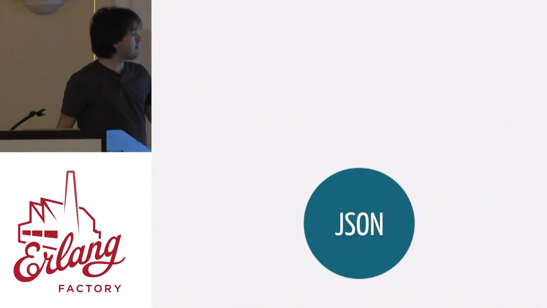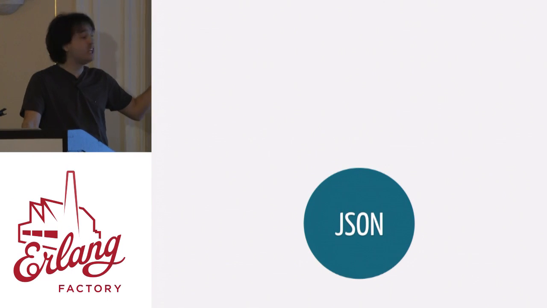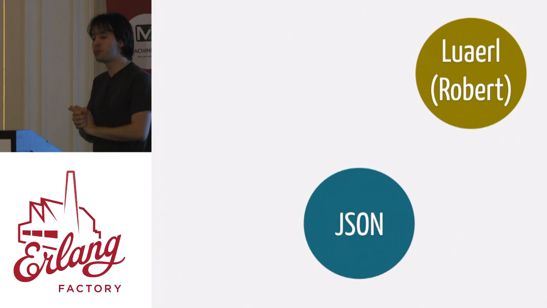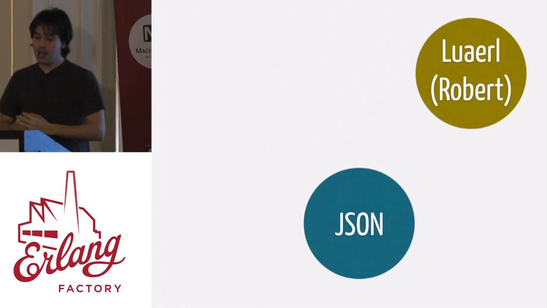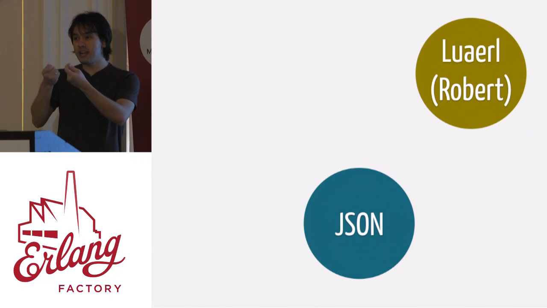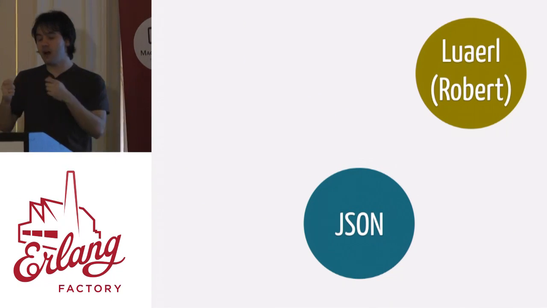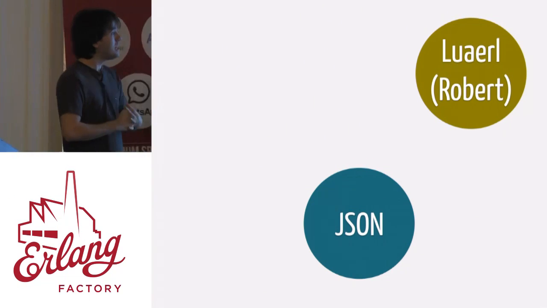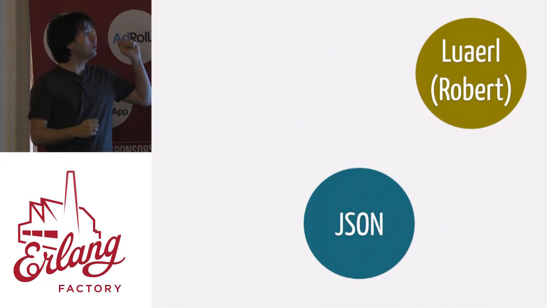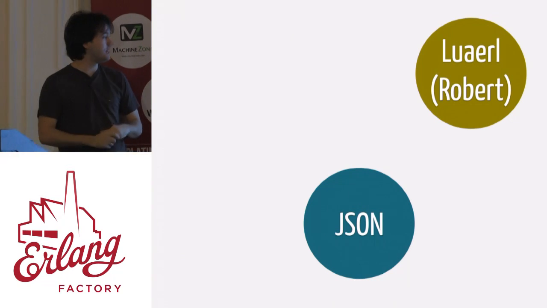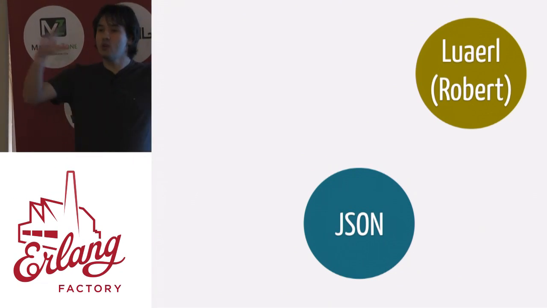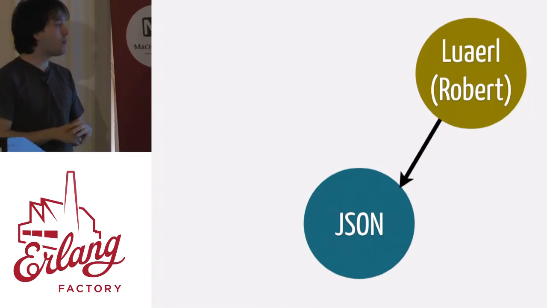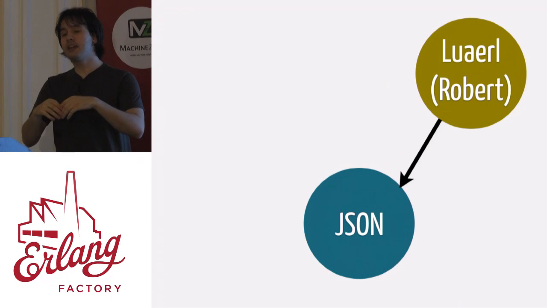So imagine that we have this code, this JSON library. And then Robert is working on Luro, one of his projects, and the Luro project has its own dictionary, its own internal representation of how it represents Lua objects, and he wants to use the JSON library. The issue is that, because the Lua project has its own representation, the JSON project has no idea about this new dictionary thing. It doesn't know about it. And because Robert needs to depend on it, he has a couple of options.